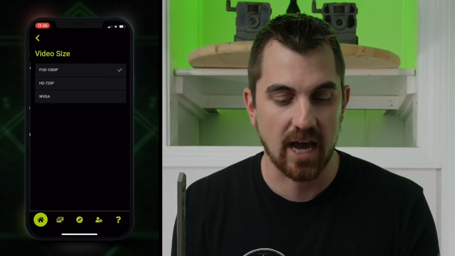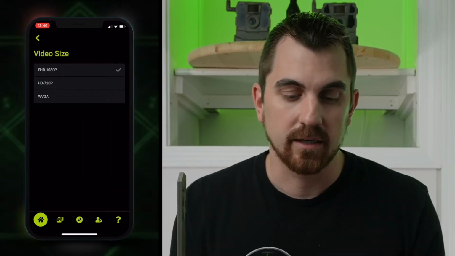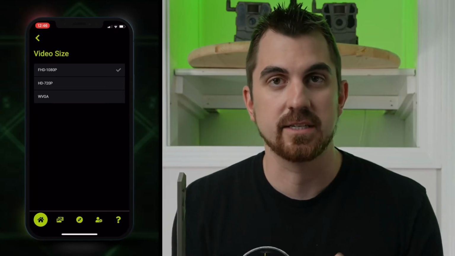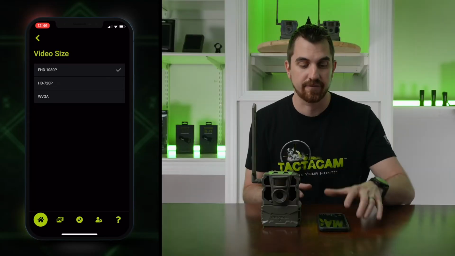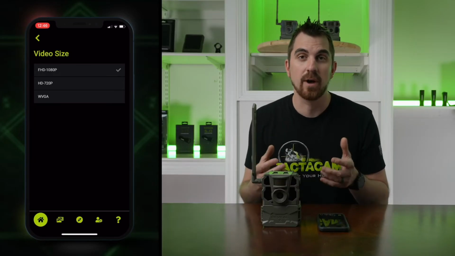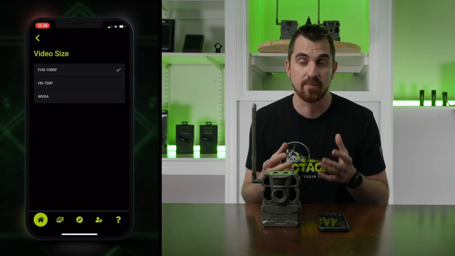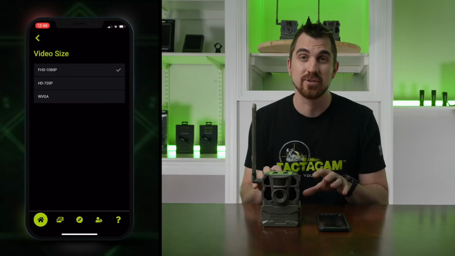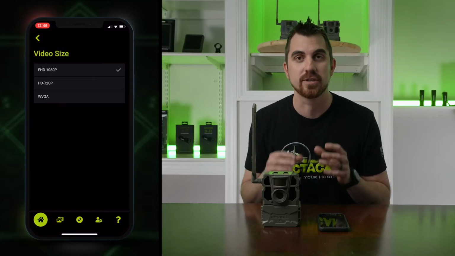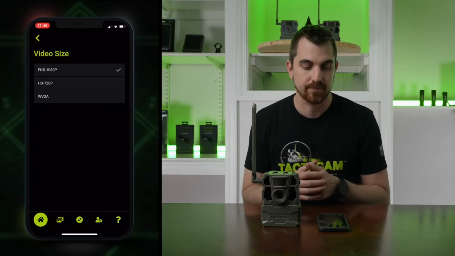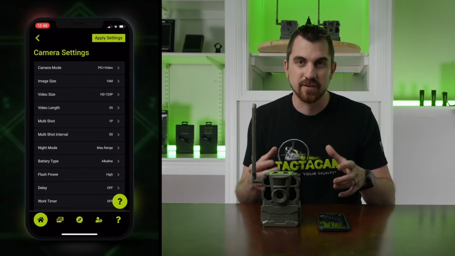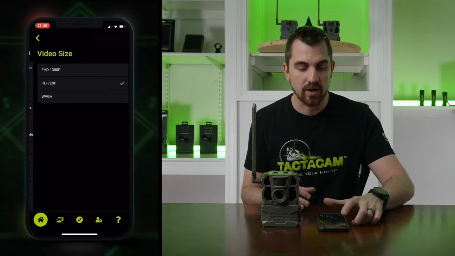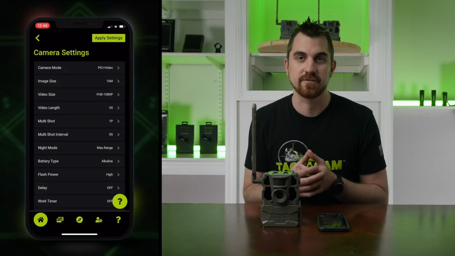Next, you'll see video size. Again, you have the ability to select the video size that you want to receive. I like to use the Full HD 1080p. That way I know I'm getting the best video quality possible. That's the nice thing about these cameras, is that it allows you to get really, really good photos and really, really good video quality. The advantage of getting a little smaller video quality would just be that it takes up less file size,